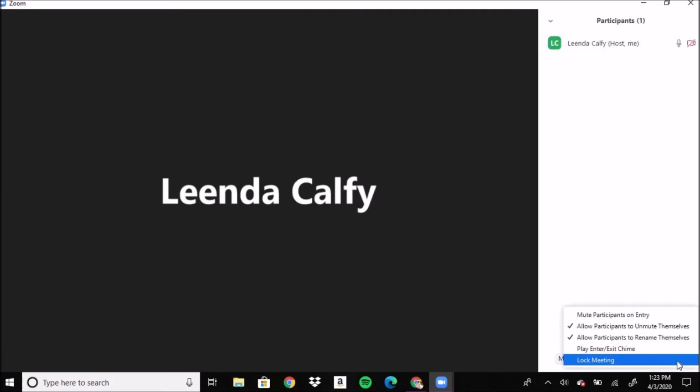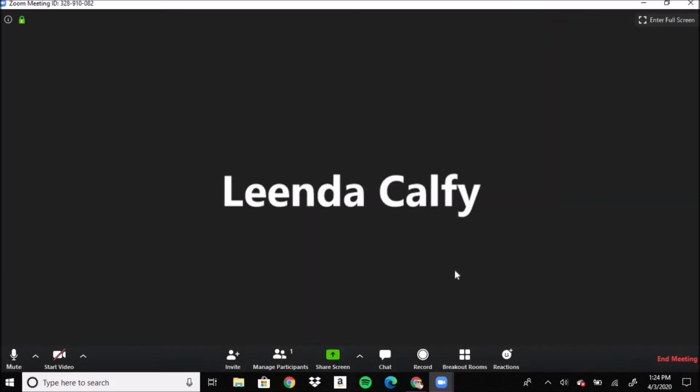If you go down here to the More tab, you have more options, such as muting participants upon entry, to play a chime that'll signify when someone has joined your meeting, or to completely lock the meeting and not allow anyone else to join. Now for the next button, we have the Share Screen option, and if you click that,